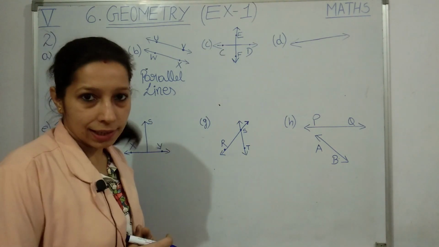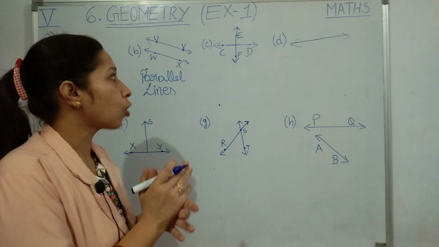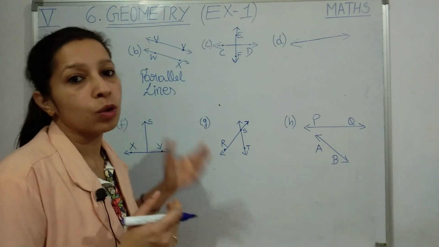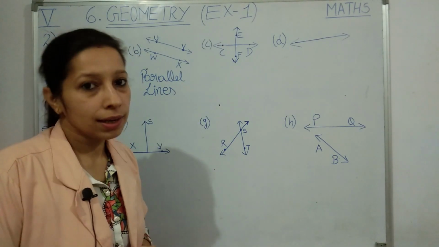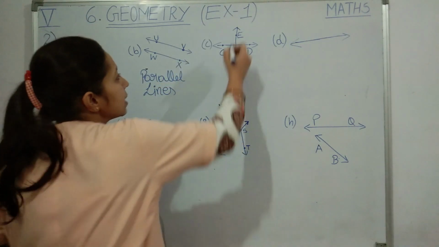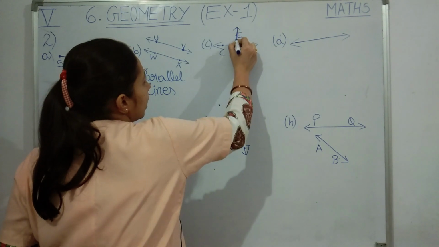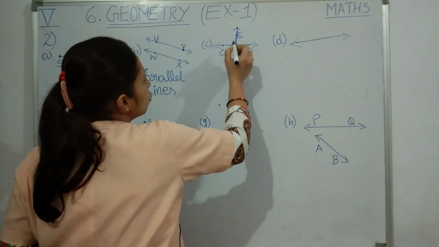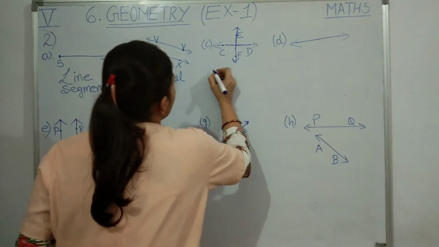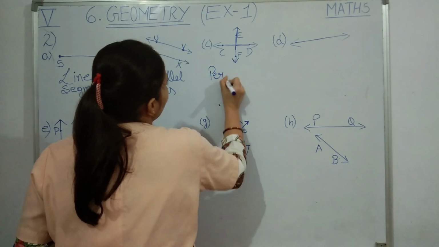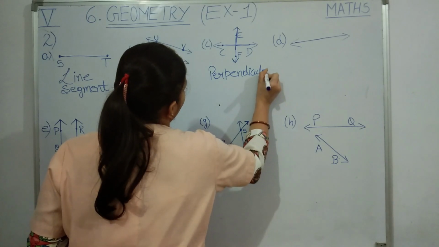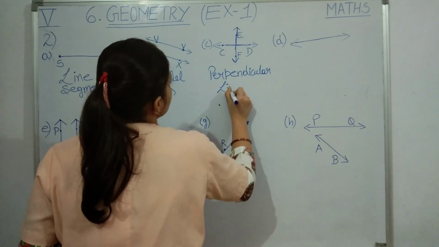Okay. Then point number C, students. The two lines are crossing each other, isn't it? So what I told you, when two lines cross each other, they meet each other at a same point. That point is known as intersection point, and those lines are known as intersection lines or intersecting lines. And here when two lines are intersecting, we can see right angle is formed, isn't it? Angle of 90 degrees is forming, isn't it, students? So when two lines intersect and form right angle, such intersecting lines are known as perpendicular lines, isn't it? So here these are perpendicular lines.